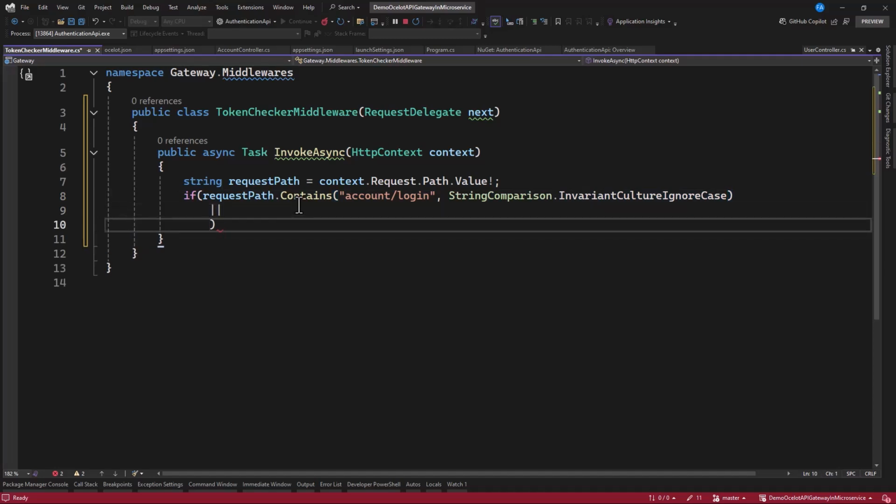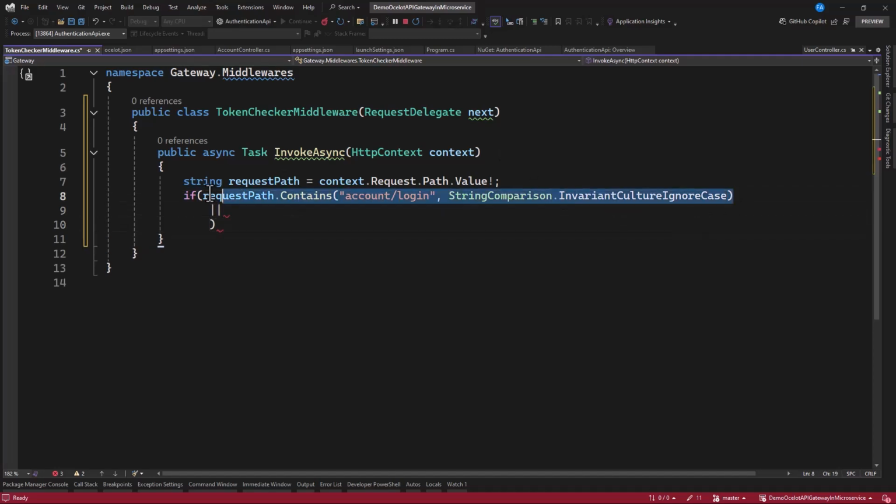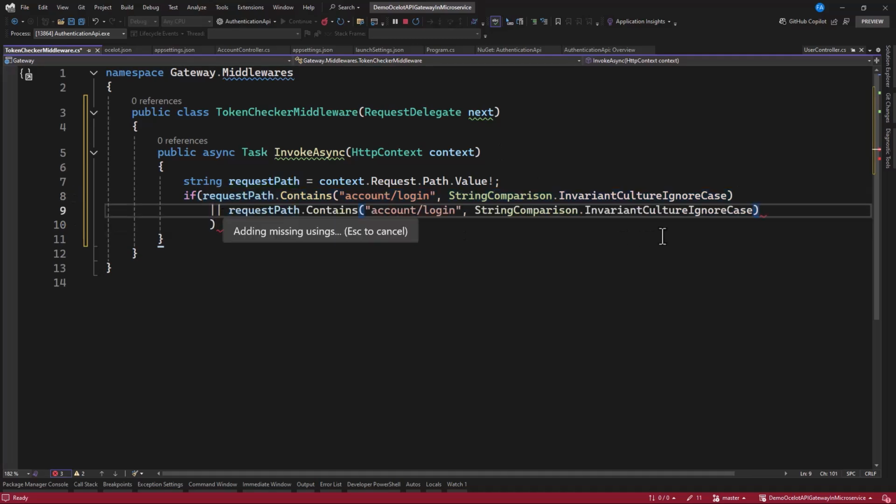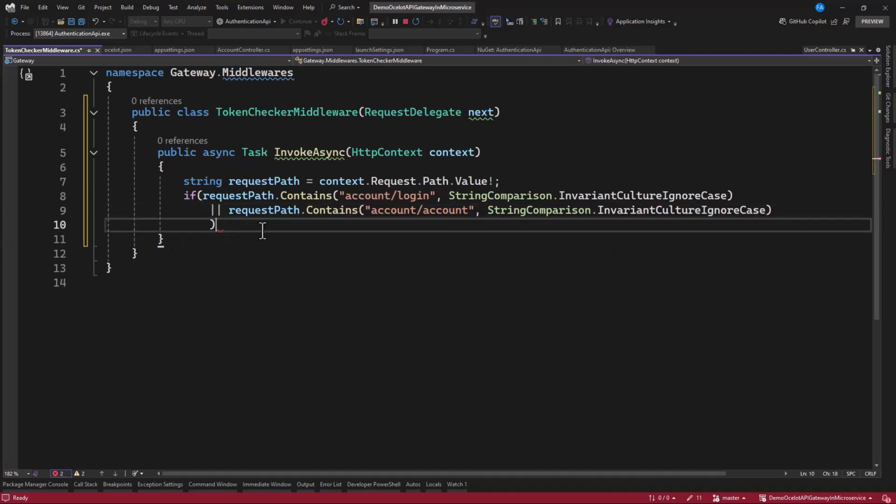let's make a copy of this, or in case it contains account, or in case it is equal to the home.